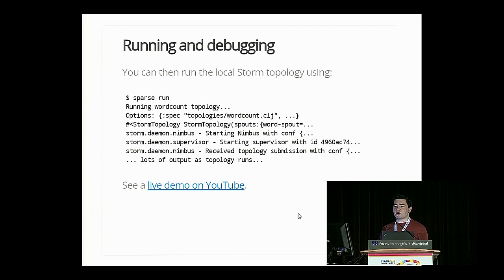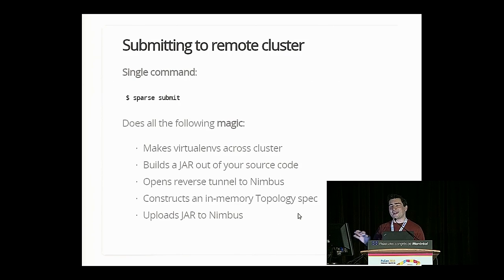If you then run sparse run out of the directory created by the quickstart, you actually get a locally running Storm topology in memory that runs your code exactly the same way it would run in Storm remotely. So you just run sparse run, that's it. It takes about a second, and a word count topology is running locally on your machine, and it's already beating the GIL. It's already running multiple Python processes, coordinating with JSON and all that stuff. All the output comes out in your terminal, and I actually include a link in the slides here to a live demo I gave that was recorded on YouTube that shows all of it working. I decided not to risk it here because of Wi-Fi issues and stuff, right?